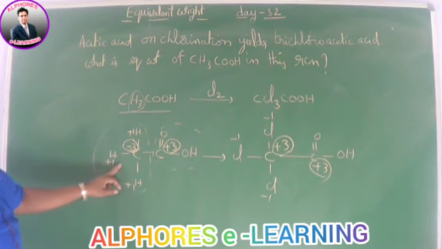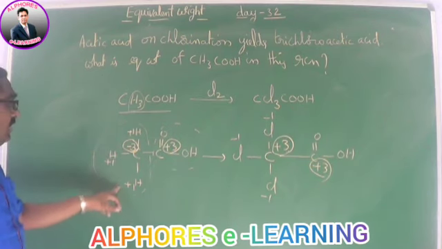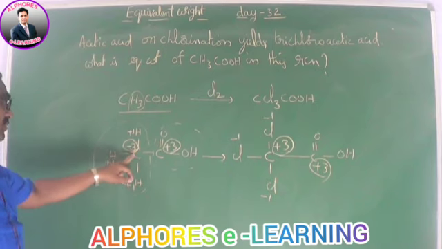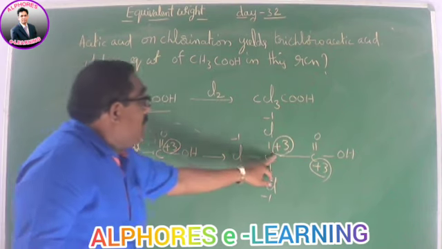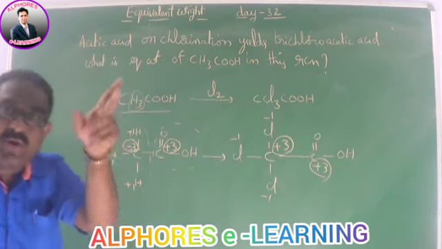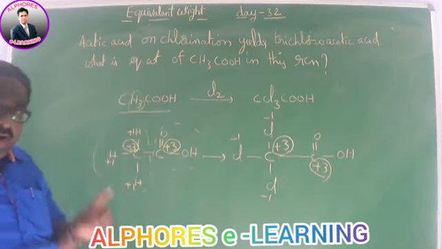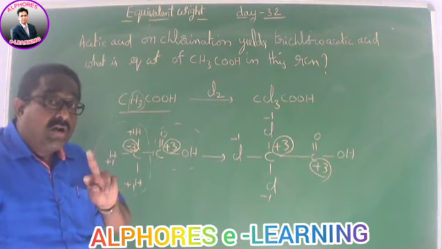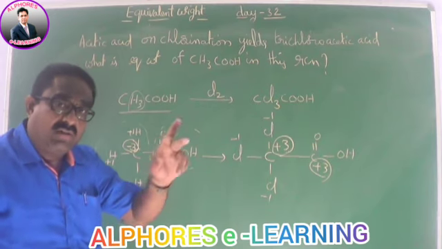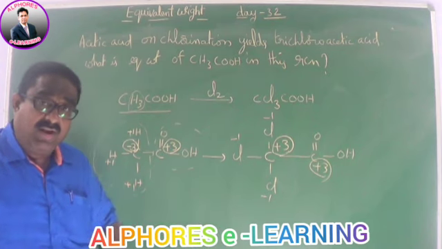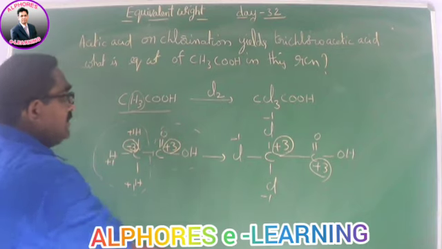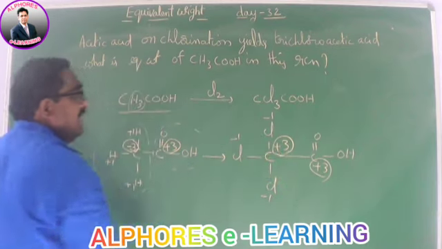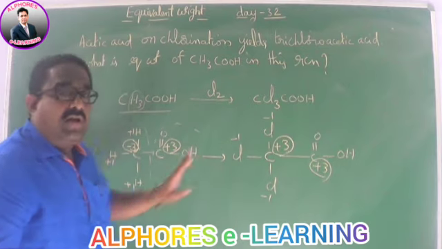See the difference. You concentrate, students. These 3 hydrogens get plus 1, because carbon is more electronegative than hydrogen, and minus 3 you got here. But compared with carbon and chlorine, chlorine is more electronegative. That's why in that session on that day, I gave one statement to you. More electronegative element always gets a negative oxidation state, whereas a less electronegative element gets a positive oxidation state. Okay, don't forget about that. So that's why here you should assign plus 3 for this carbon, minus 1 for each of the 3 chlorines, so it balances.